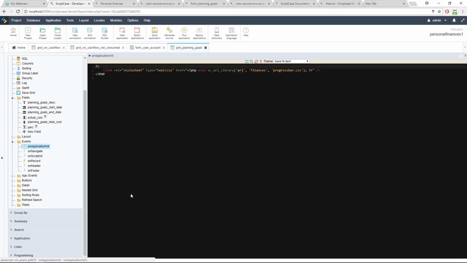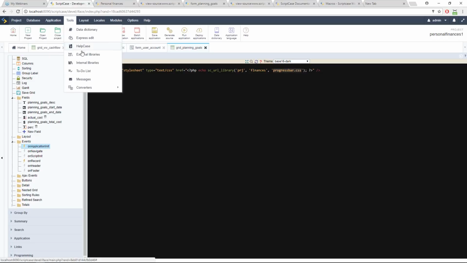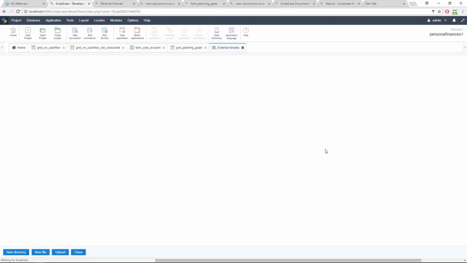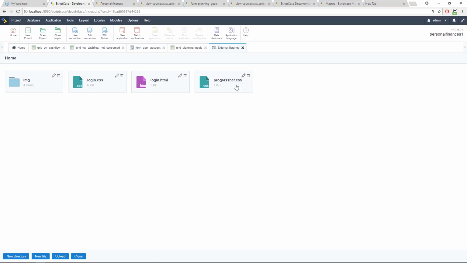The first event is calling the library. So we have a library, progressbar.css. So this is an external library. If we go here to Tools, External Library, you can find this one that is coming with the project, Finances. I can edit here to see the code. So I have this file,